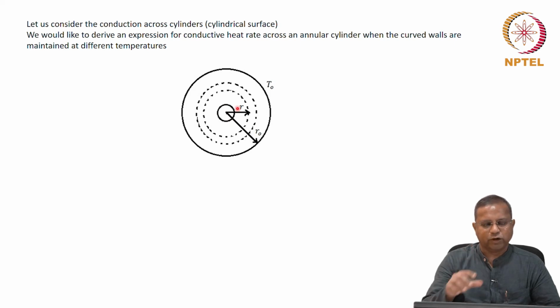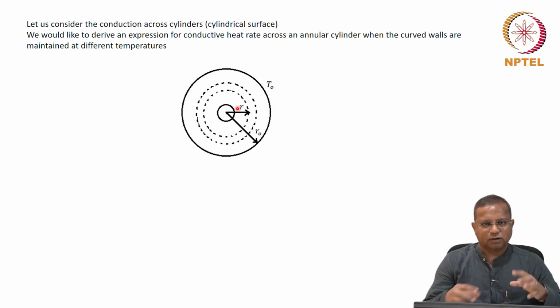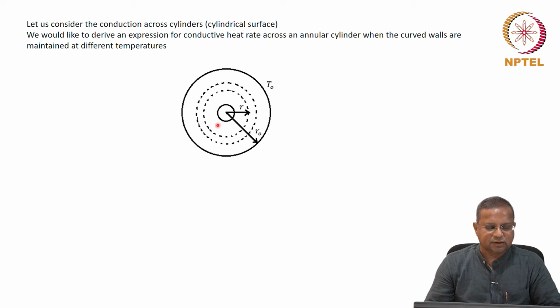Of course, I have blown it up. Typically speaking, the wall thickness is going to be small, but here to understand, this is the inner diameter, this is the outer diameter. The shell at any distance in the wall is from here to here. That is what I mean. We are going to do balances over the shell. So, this is at a distance of r, the outer radius is r0, which is maintained at T0.